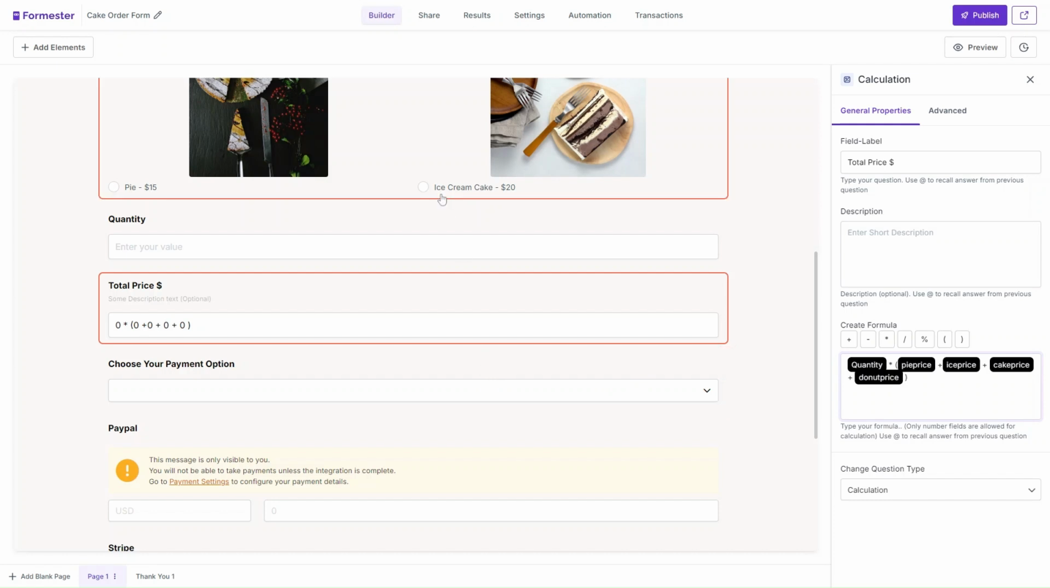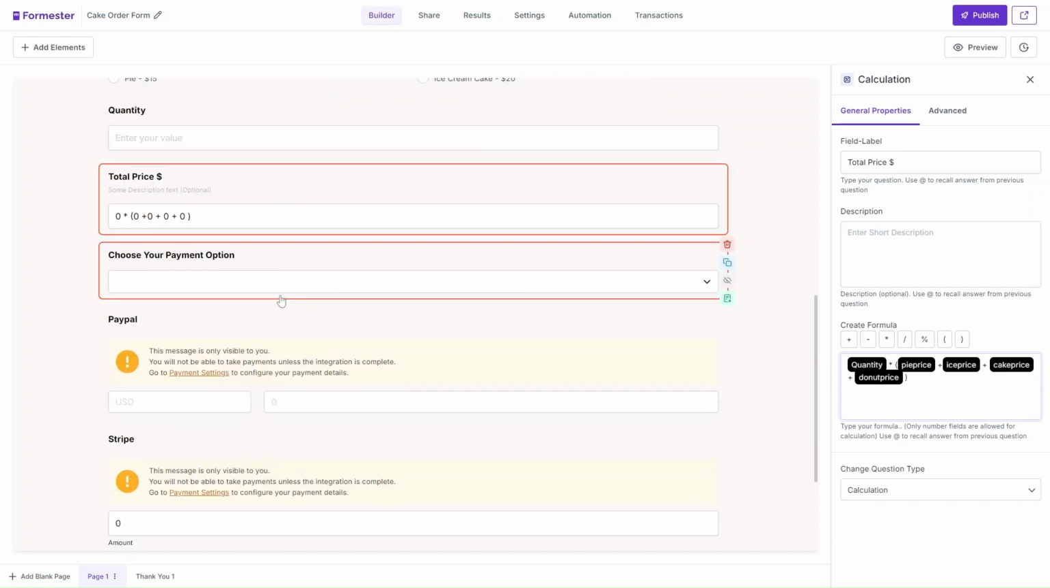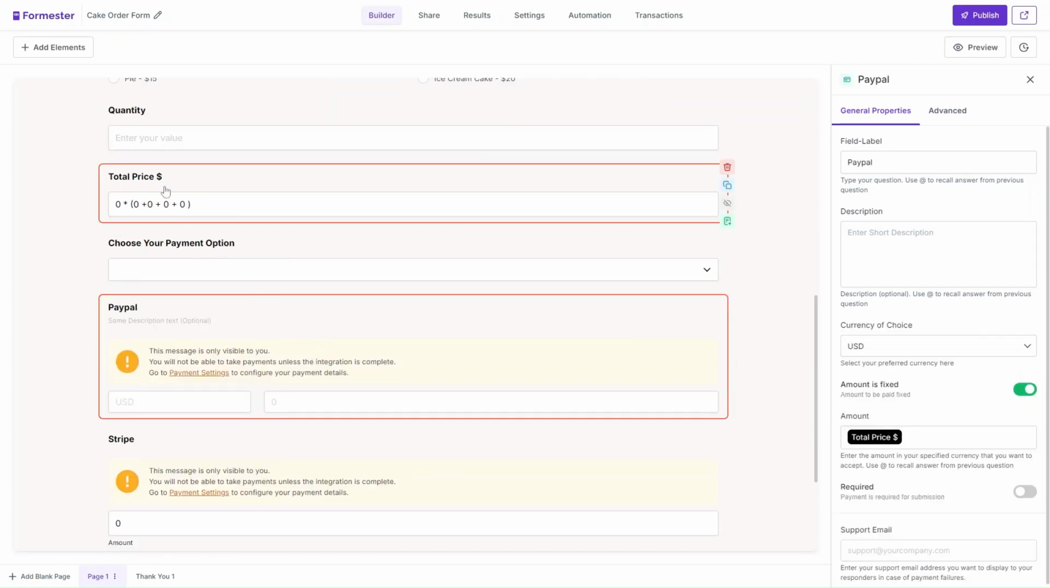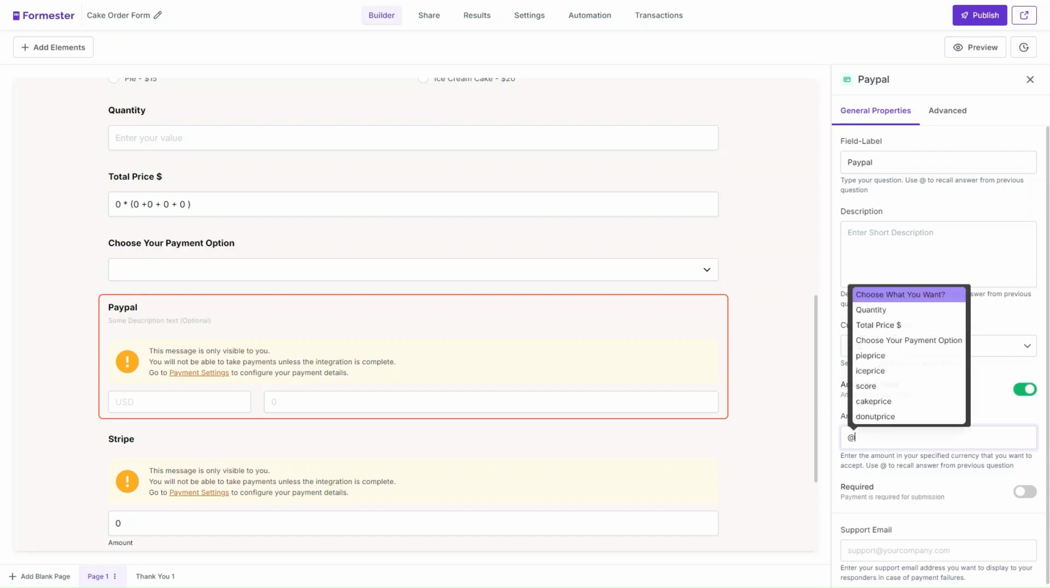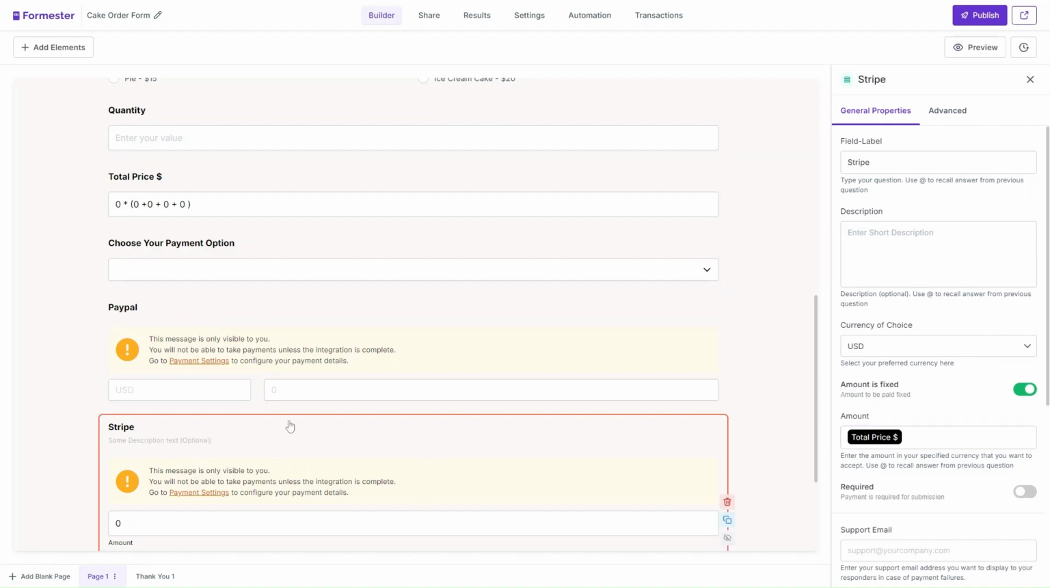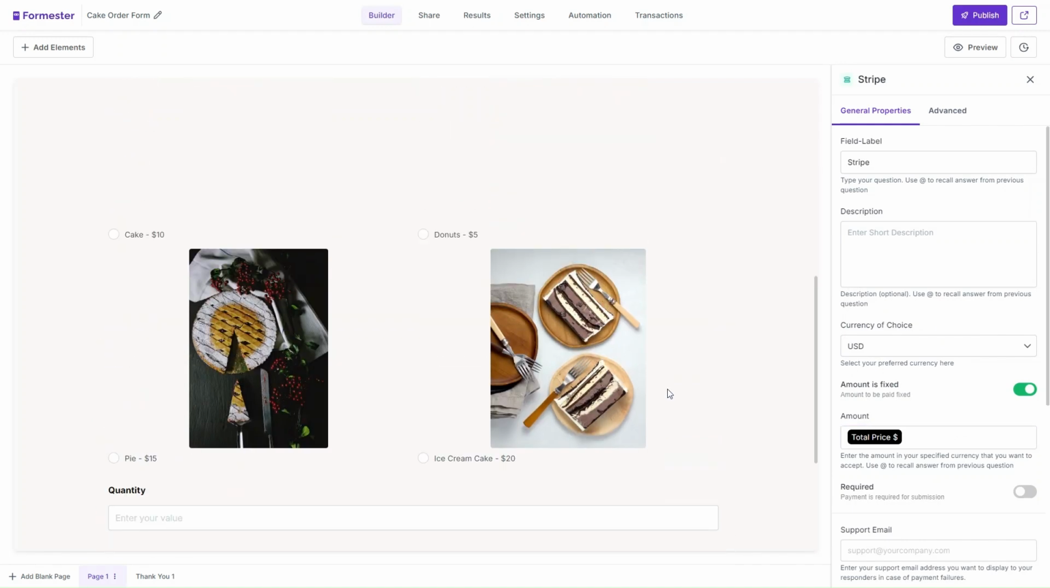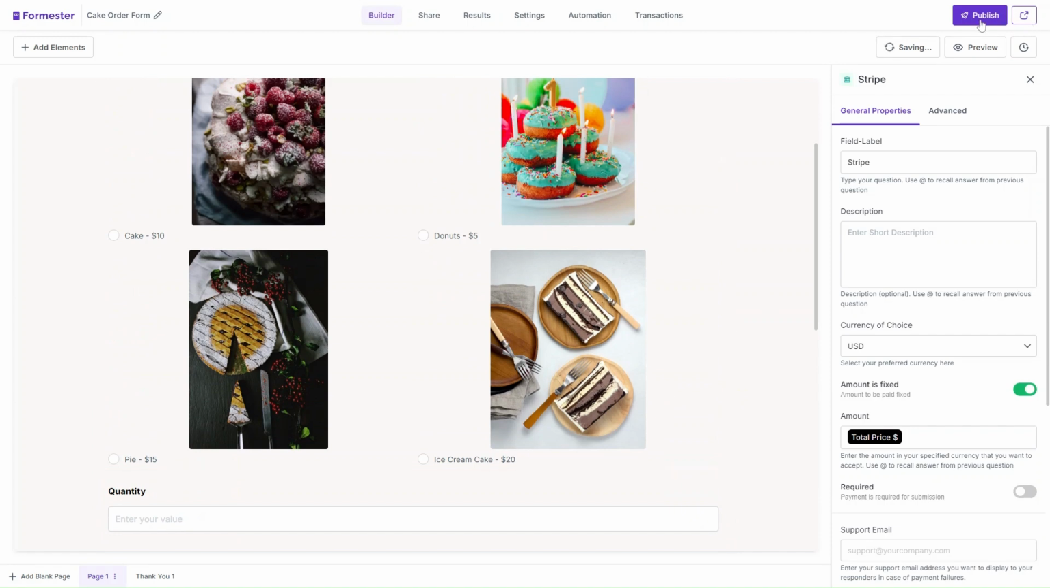So if the user selects ice cream cake, then the variable ice price will get a value of 20, but the remaining variables will remain as 0. So quantity times 20 will become the total price, and we will recall this calculation field total price in the payment section. So all we have to do is recall the total price in the amount, and we can do the same for the Stripe. So the form looks good. Let's go ahead and publish this,